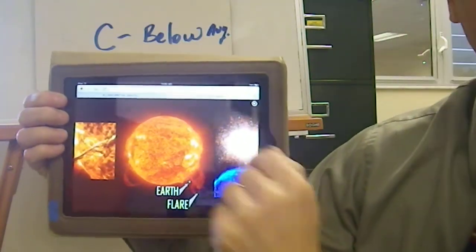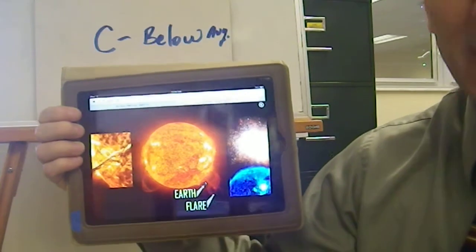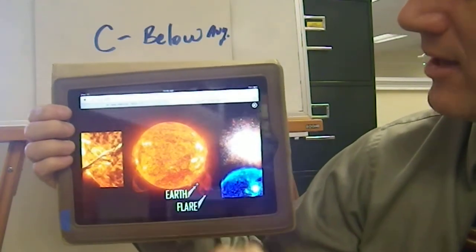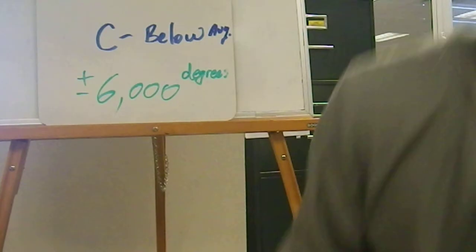Our Earth compared to the sun. It is humongous. Yes. A flare getting kicked off. And to close,